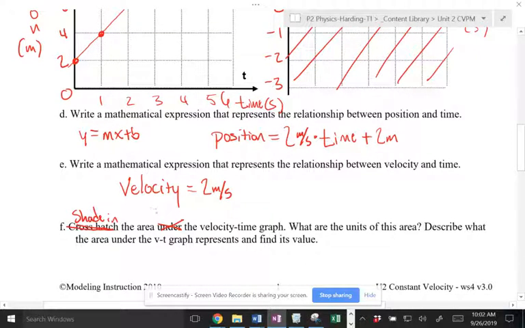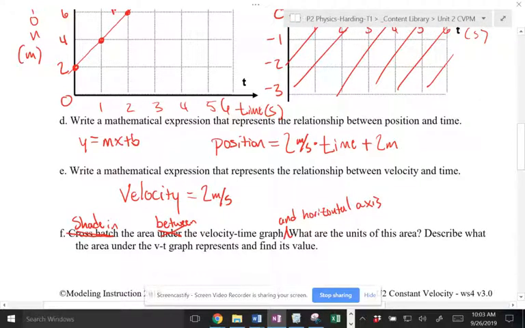That's a bad word. Let's say between the velocity time graph and horizontal axis. That's a lot of words, but